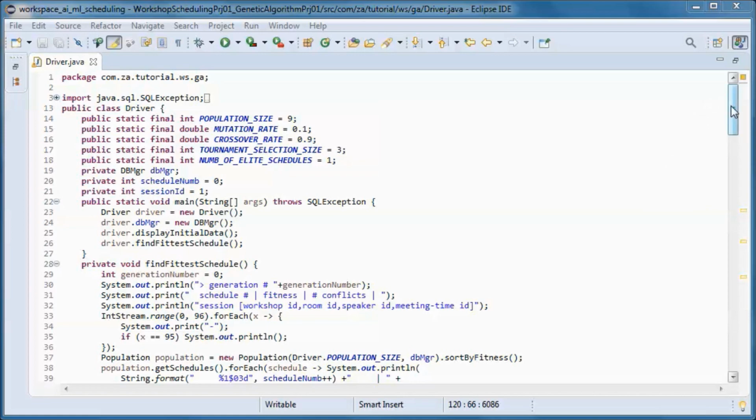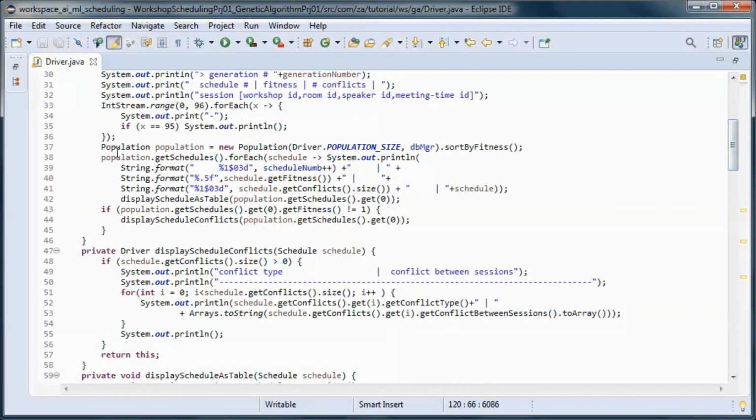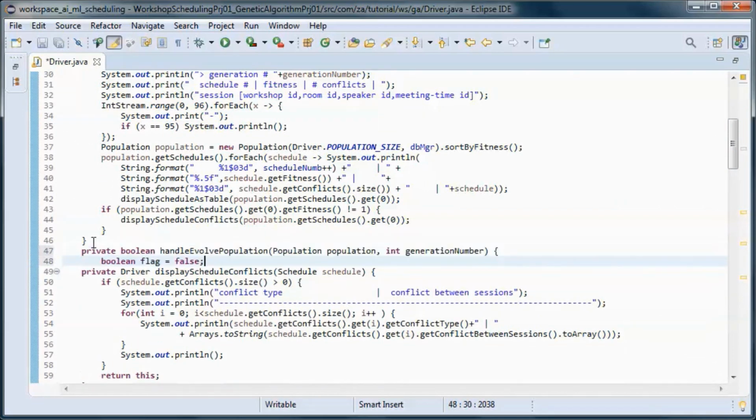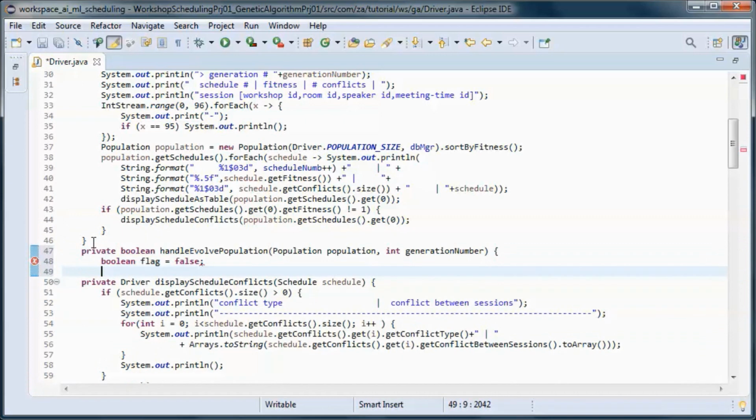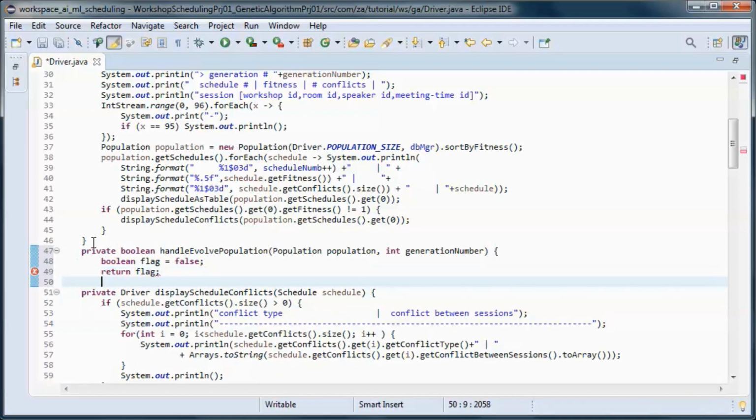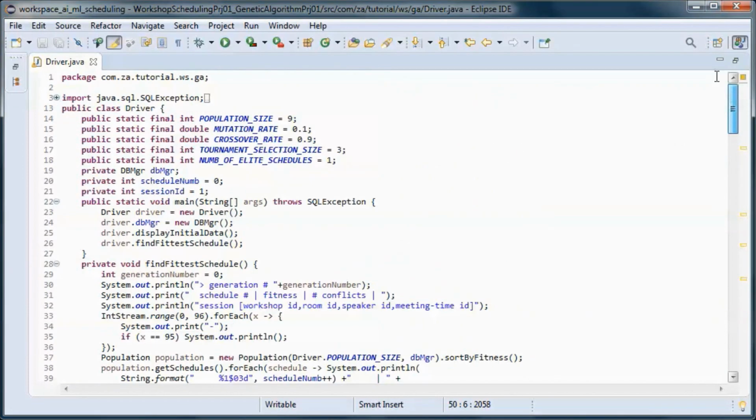And let's have this method that handles evolving the population from one generation to the next. And we'll keep track of the fittest schedule,